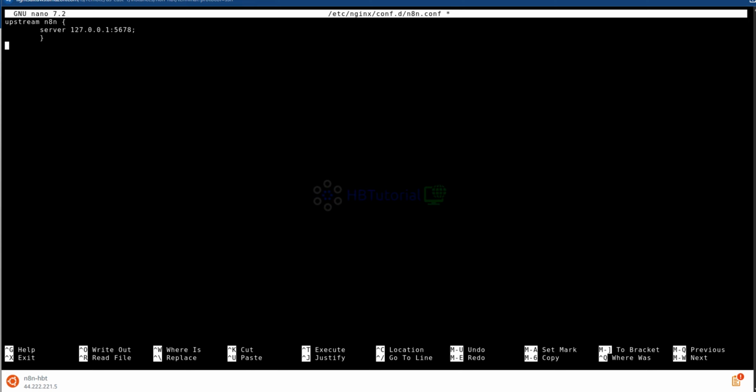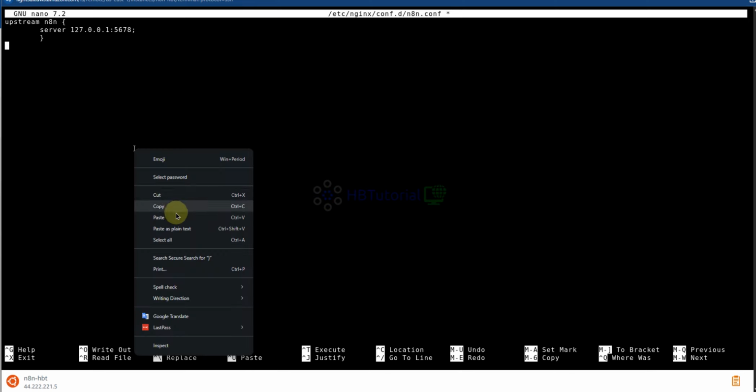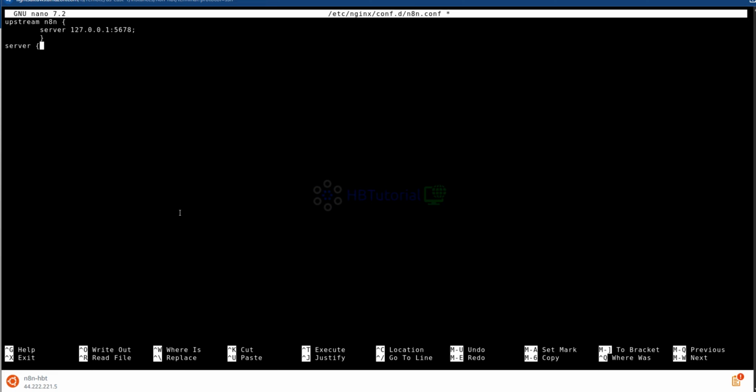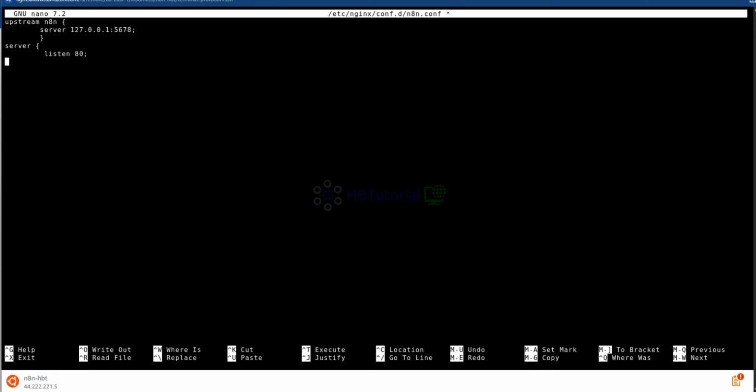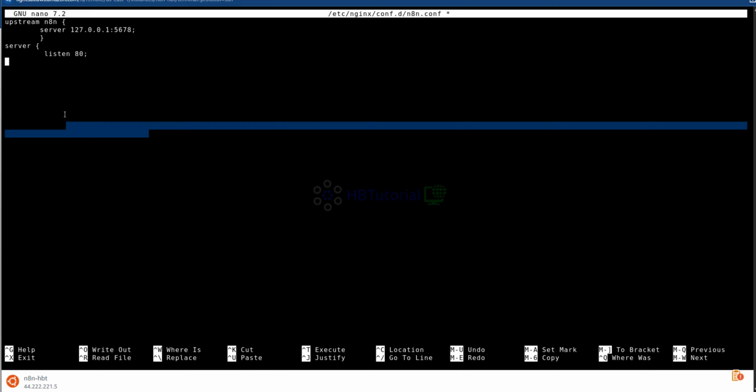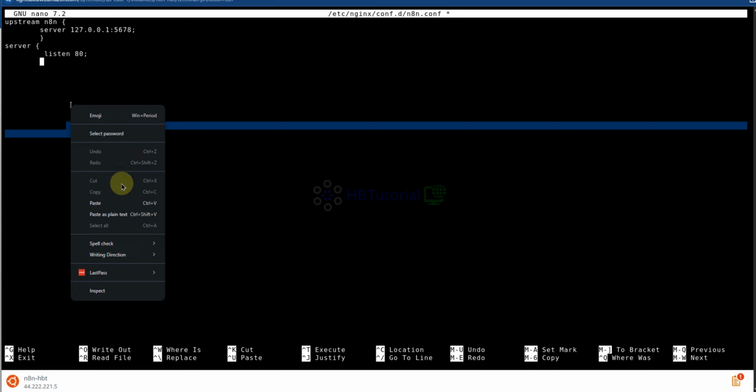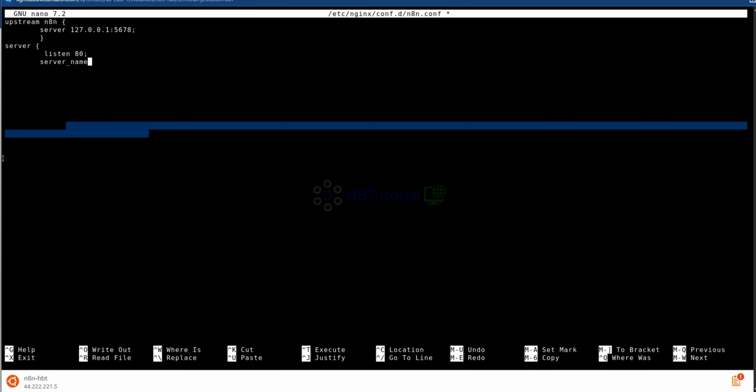Not sure why, if I paste it all it's giving me a line error, so I'm gonna be careful and copy one by one. So for the server name, it will be your domain.